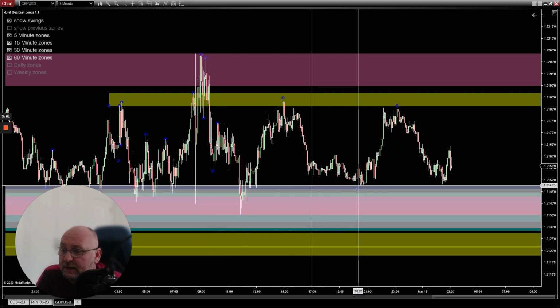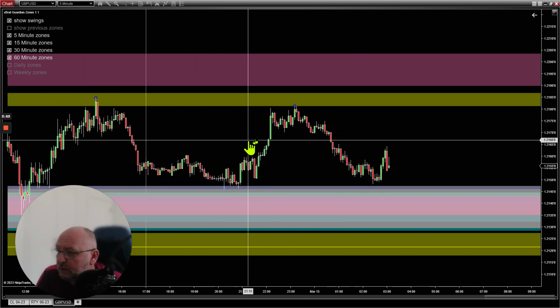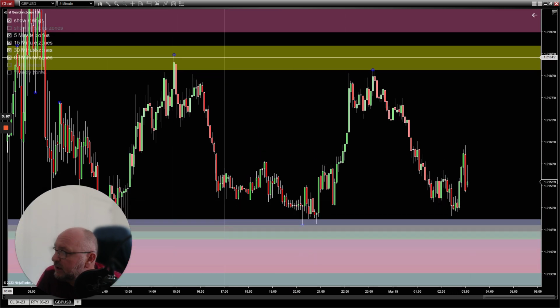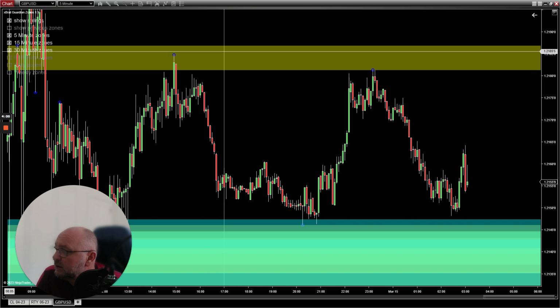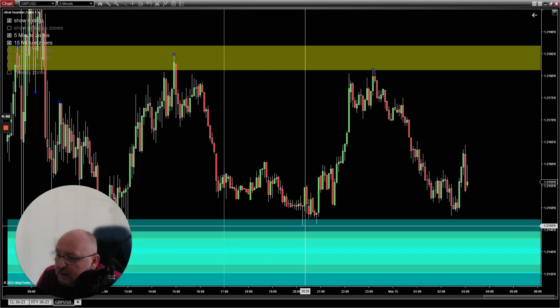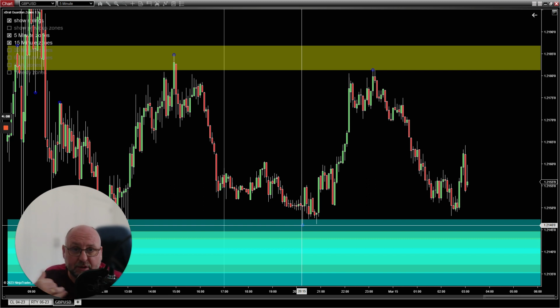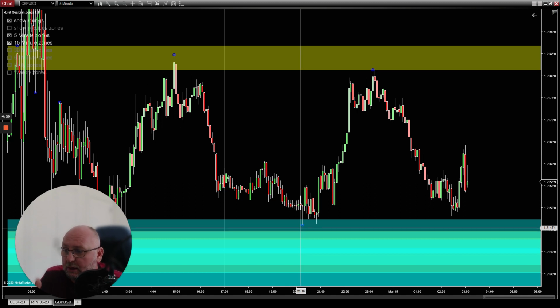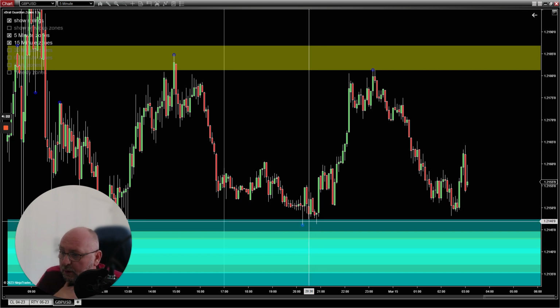Okay, if we zoom in a little bit here, you can see in this zone here, if I take off the 60 and the 30, we can see here we've got a swing point at this point here. So again, if we got a long signal on the strategy we're using, whether it's the VWAP, Predator, the xBrat, algo, the roller coaster, or whatever it is, we can see that this swing point's strong. It's happened within the confluence of our multiple time frame zones, which are automatic. We got a long signal, we got a lot of fresh air,